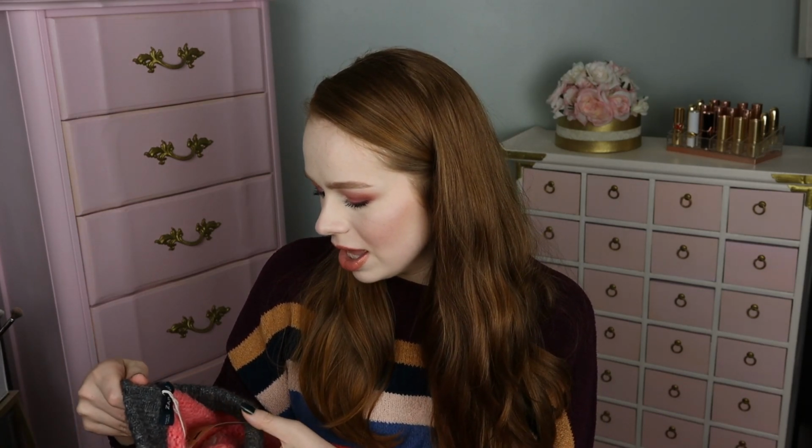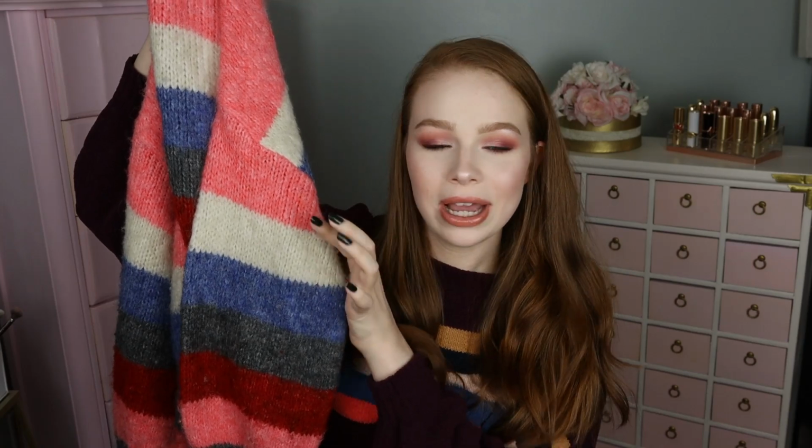I think I paid $18 for it, and that was a lie, such a lie. There's so many pulls on the entire thing, like it is very, very heavily worn down. I know that you can buy that little machine that takes the pulls out of sweaters, so maybe I'll do that because I do really, really like the colors. It's very warm, very comfy, very fluffy. So it's cute, but that's probably the first time I've had that experience with ThredUp where it wasn't as it was described, so maybe I should send them an email. I haven't decided yet, but this is the size medium, and I just thought the pops of red, gray, blue, white, and pink